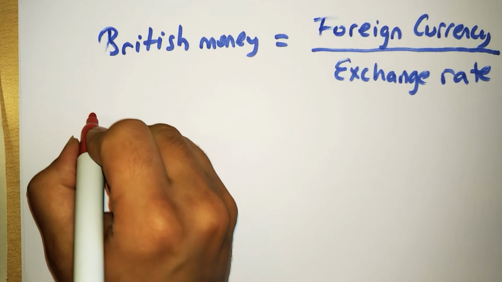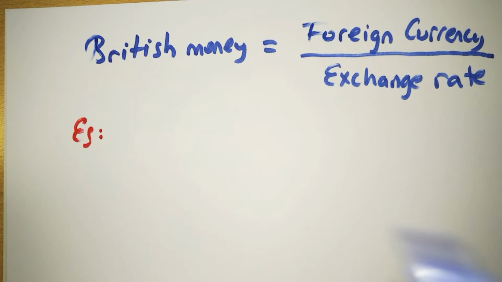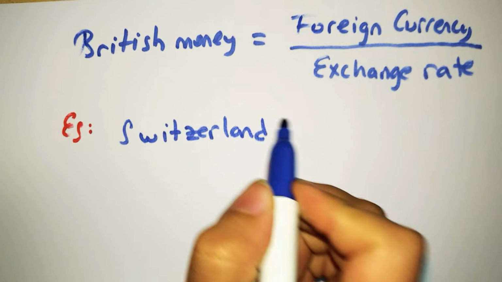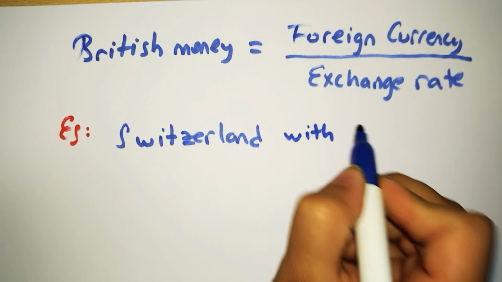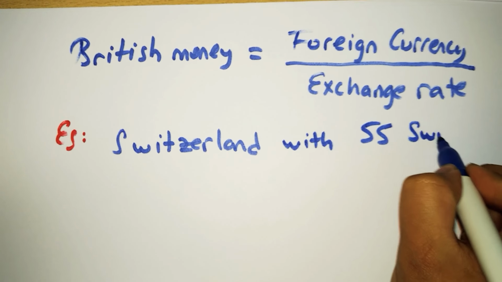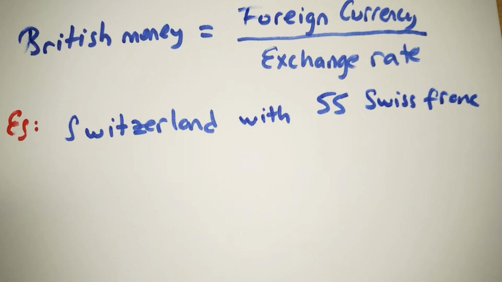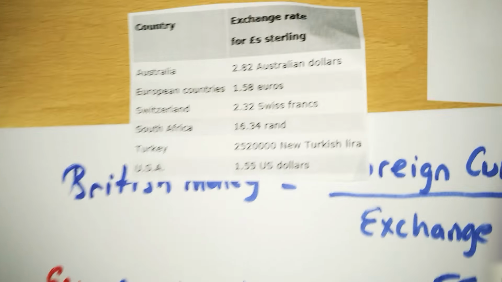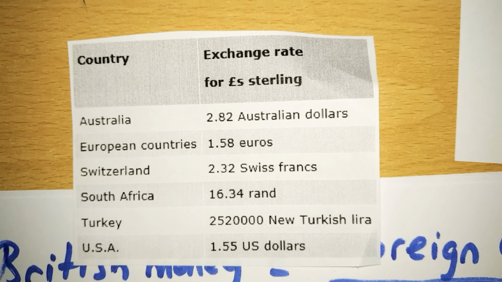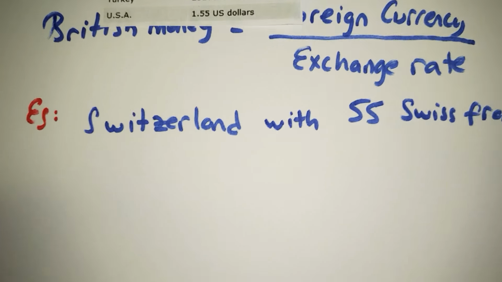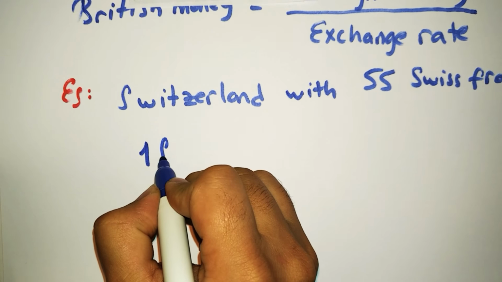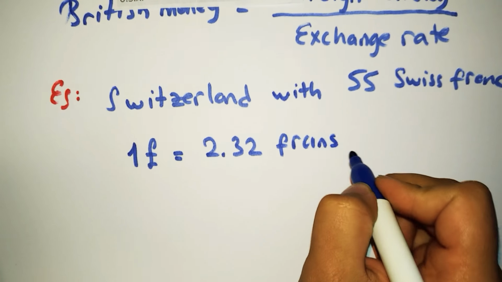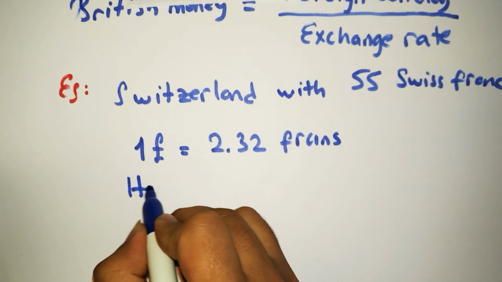For example, David returns from Switzerland with 55 Swiss francs. Okay, 55 Swiss francs we have in our hand. He changed the francs back to British money. So at a rate of, remember, what is our Switzerland rate? Let's go back to our table, which is Switzerland is 2.32 Swiss francs. So what should I do? I need to note £1 would equal 2.32 Swiss francs. So how much does he get back then? The question is, how much